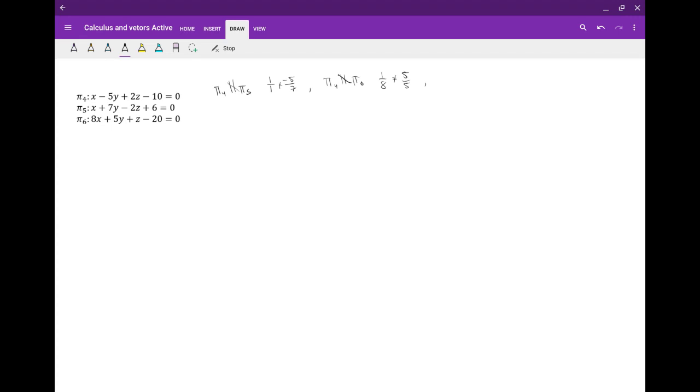And in the end, you don't have to write all this stuff down. I'm just writing it down in the notes. Now I just need plane 5 with plane 6. Is 5 parallel with 6? I can see that it's not, because 1 over 8 is not equal to 7 over 5. Now I'm going to do the triple scalar product. So I'm going to do x, y, z, x, y, z. And I'm going to take the normal to plane 4, which is 1, negative 5, 2,